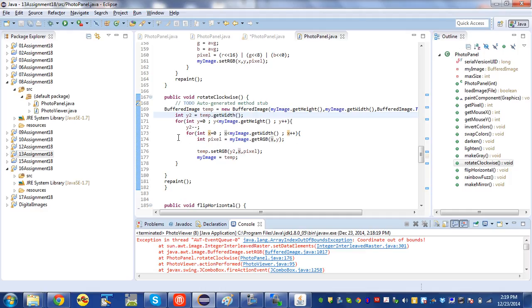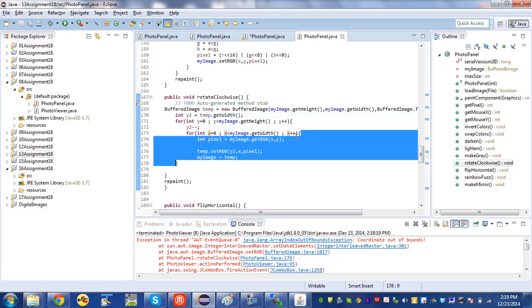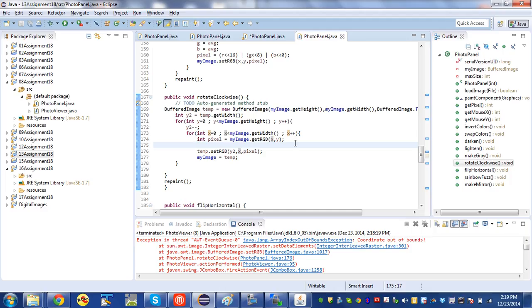Let's see each time through this loop what our values are for y2 and x2. Y2 and x. And here in